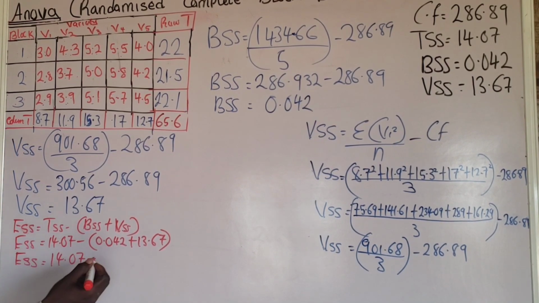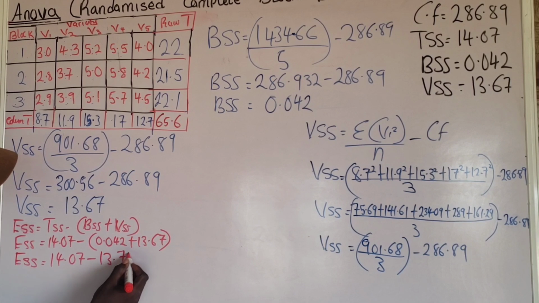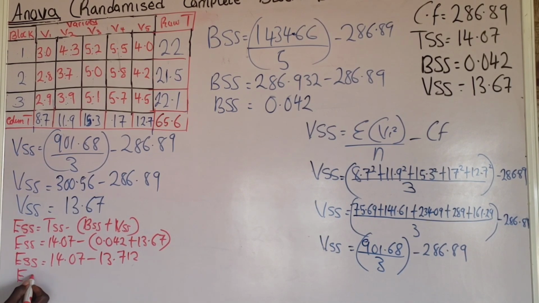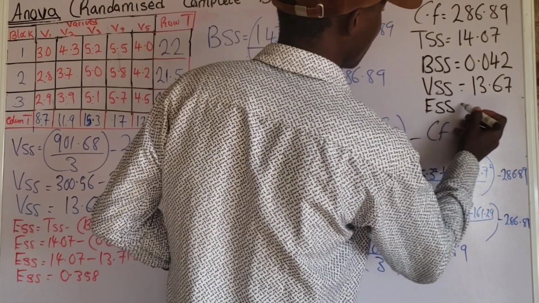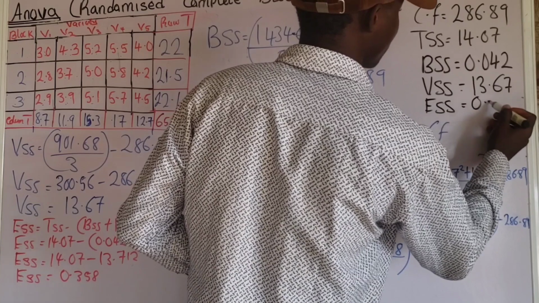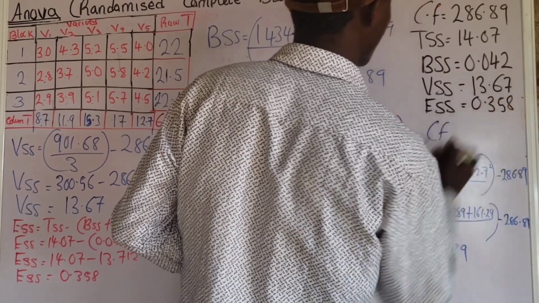You understand? 13.712. So the error sum of squared is equals to 0.358. You understand? So the error sum of squared is 0.358. So now,